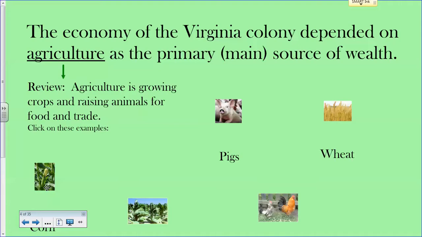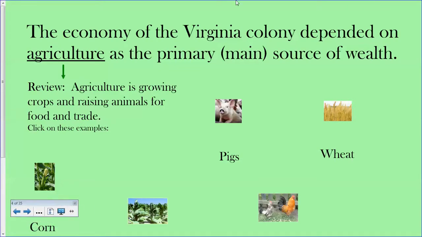So before we even get into the tobacco, you can see here on the computer, it's talking about agriculture and how agriculture was important to Virginia. Basically, agriculture is farming. You could be farming food, in terms of apples, plants, any type of plants is agriculture. But raising animals is also agriculture. So you can see that having pigs is agriculture. Wheat, chickens, this is corn, and then you have here tobacco.